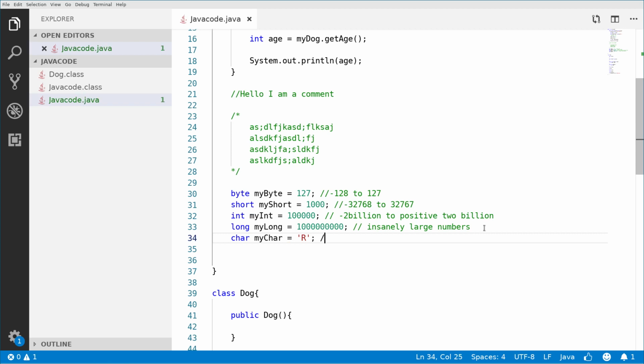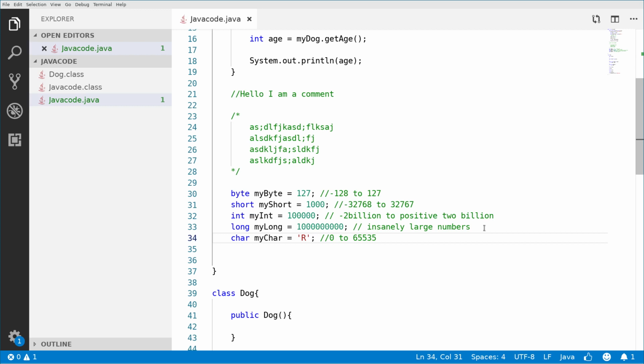So how many possible values can these have? Well, a lot actually. They have values from 0 to 65,535.